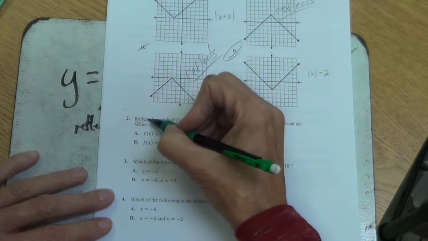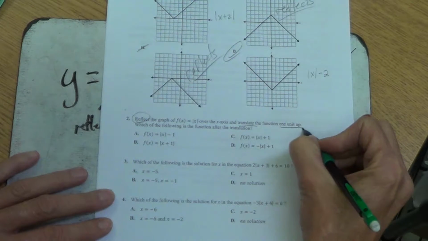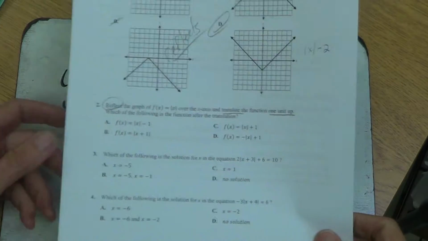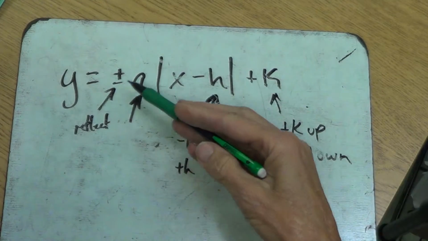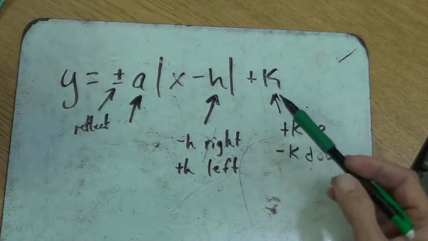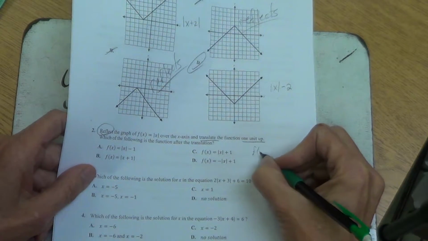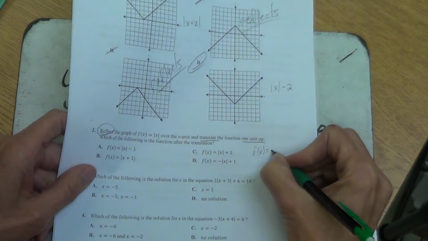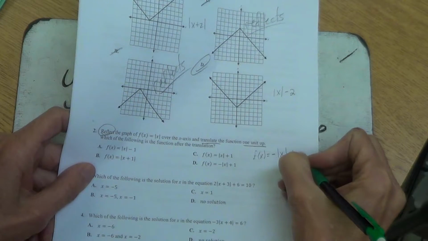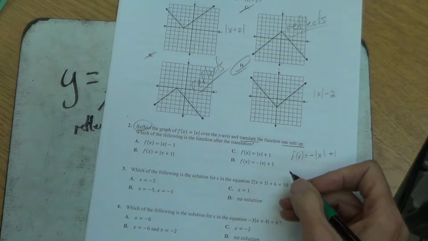So we're going to reflect and we're going to translate 1 unit up. Well, we know from our formula to reflect is a negative out front and 1 unit up is that k value out after the absolute value. So we would go f of x equals a negative absolute value x, and then to go up 1 unit is plus 1. Okay, so that gives us